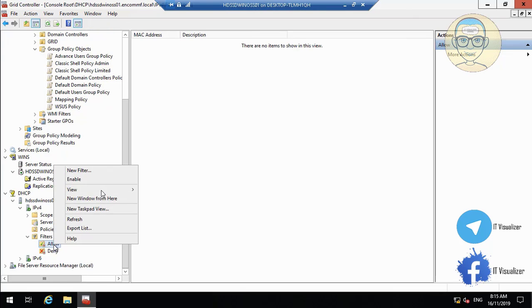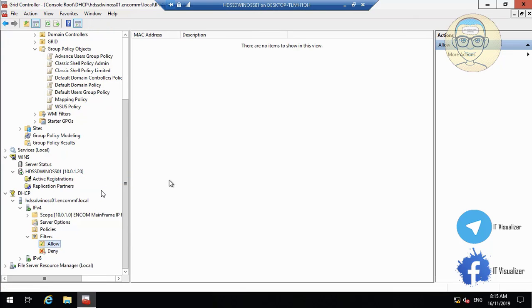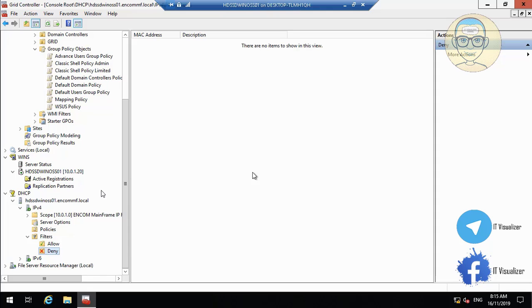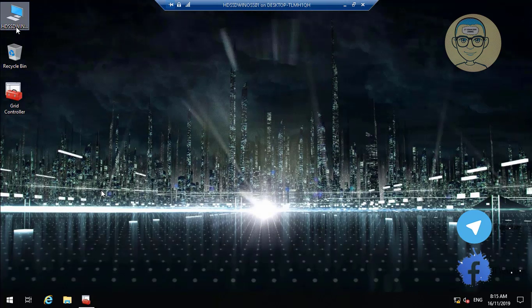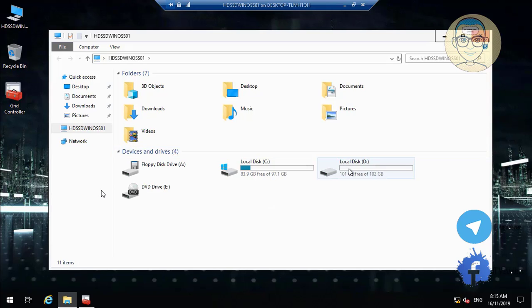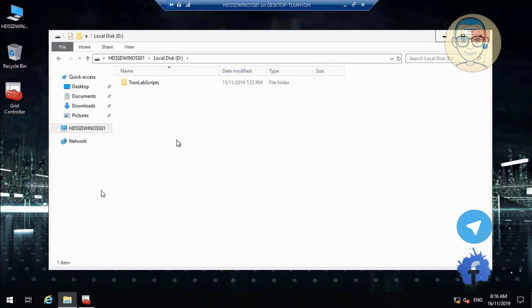filters, which is allow filter and deny filter in the DHCP configuration. We have discussed before what is the function of the allow filter and what is the function of the deny filter. Through these two filters you will control which workstations take IP address from the DHCP according to their network card MAC address. Okay,